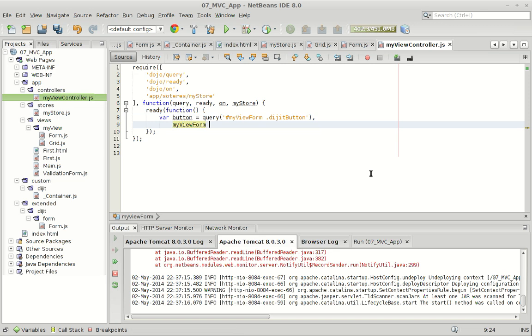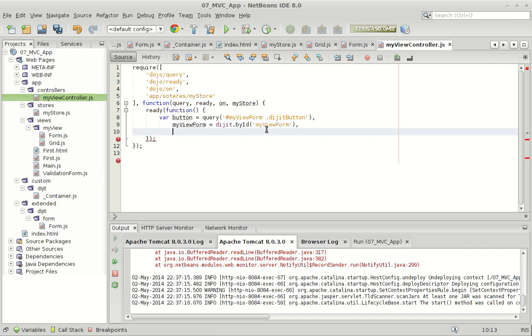Instead of doing query, I'm going to get the digit using digit dot by ID, which gets the digit. That means that I'm going to get the form digit, the form widget, instead of getting the form node. So my form, my view form, and also I need the grid, my view grid,